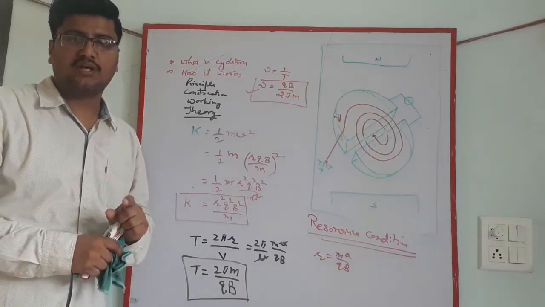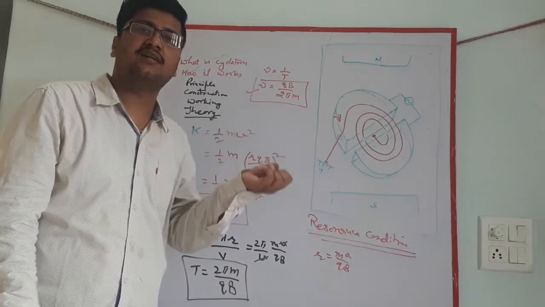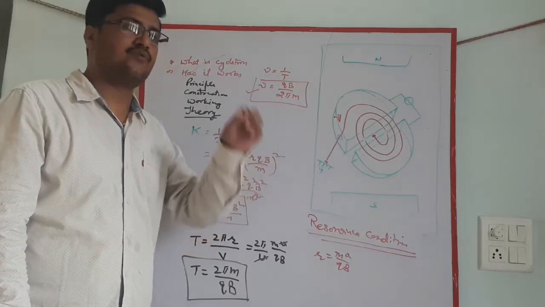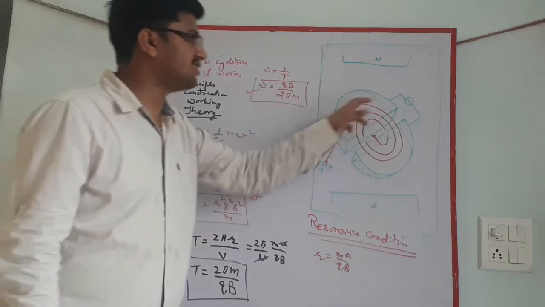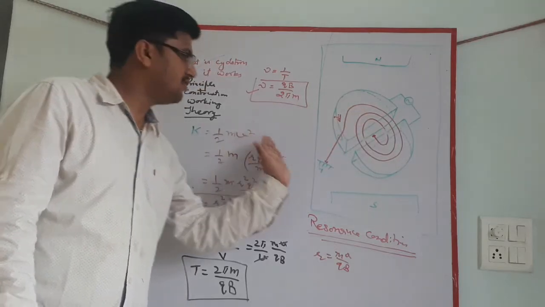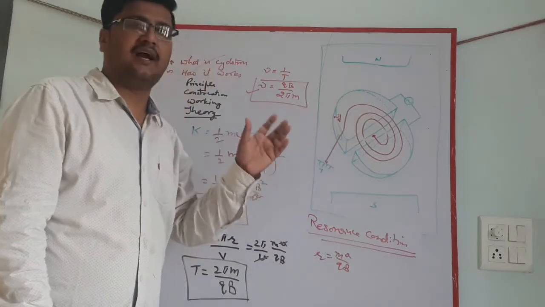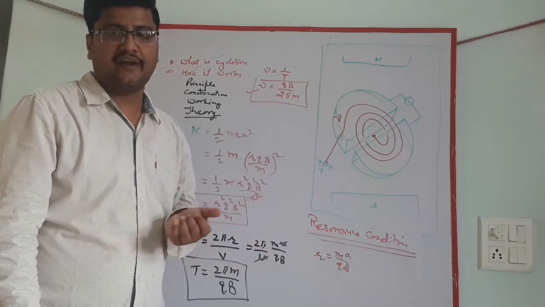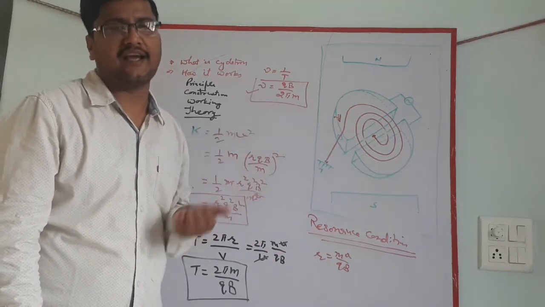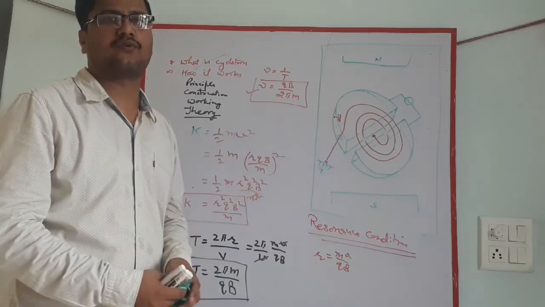Second, it is used in implanting ions in any metal surface. In any metal, if we want to implant any ion, the ion is accelerated to high energy and then hits the metal, so that it gets implanted into the metal, and hence the property of the metal can be changed. It is used in producing radioisotopes. So these were some uses of the cyclotron.